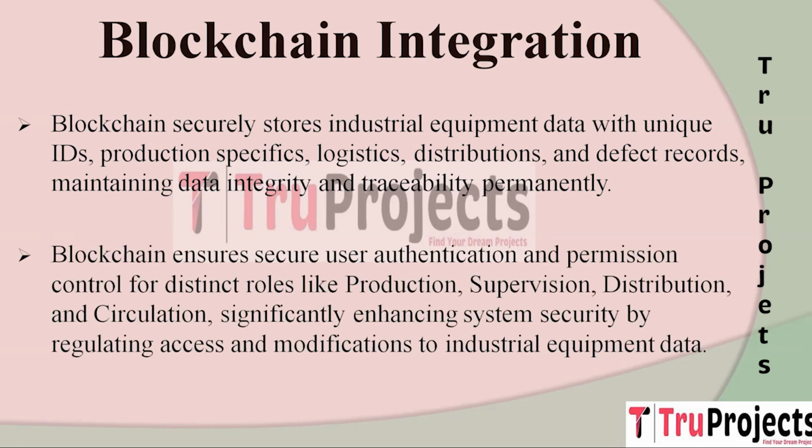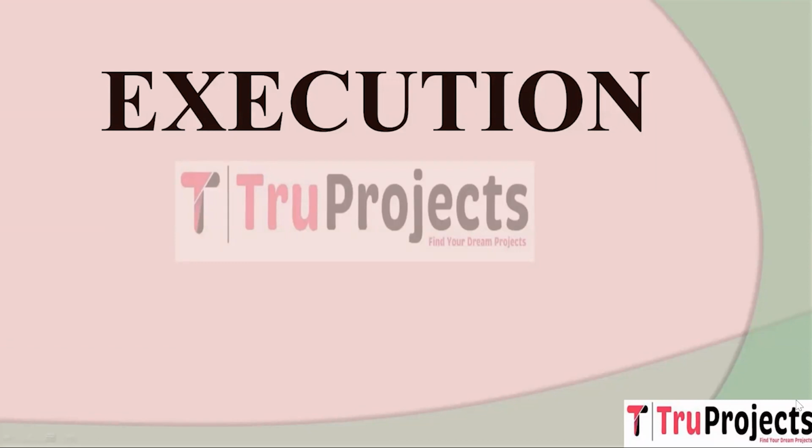The project integrates blockchain to enhance security in the authentication and access control processes. Utilizing blockchain, the system ensures secure user authentication by employing cryptographic techniques. It also provides precise permission control, granting access to different user roles like production, supervision, distribution, and circulation. This enhances system security by regulating access and modifications to industrial equipment data based on predefined roles, promoting a secure and controlled environment. Execution. To execute this project, first we need to open the code folder which contains the project